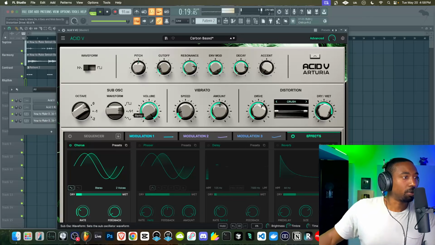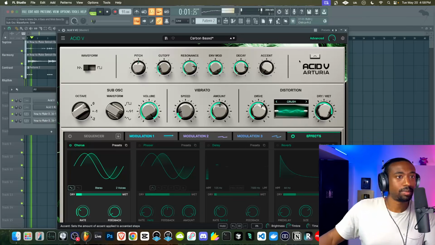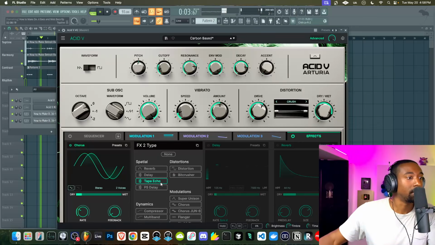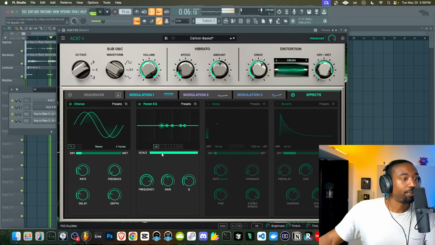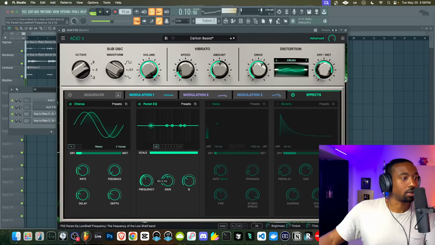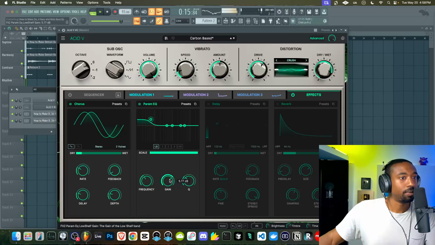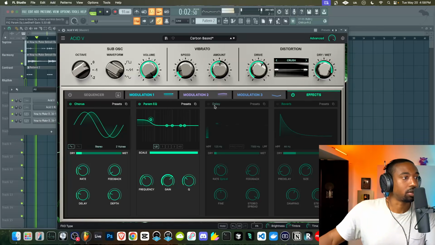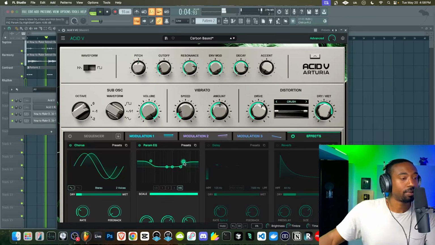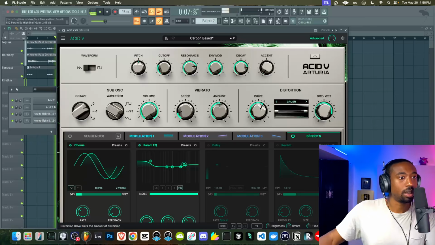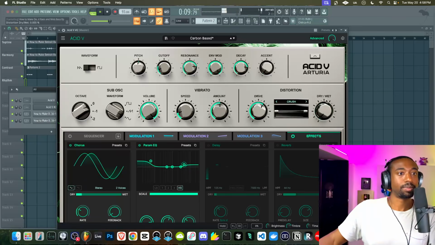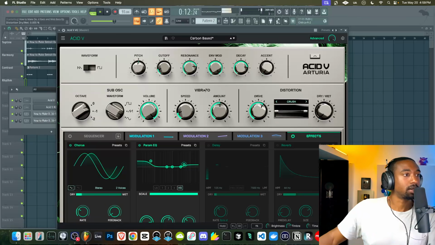Now I wish the sub was a little more powerful. So you might have to boost that with an EQ. See if we can do it from within the plugin here. It's kind of hard to tell where we are, so okay, we're at 60 hertz. Let's boost this up. And then that's that extra low end that we need. Now, most people might not like that distortion.